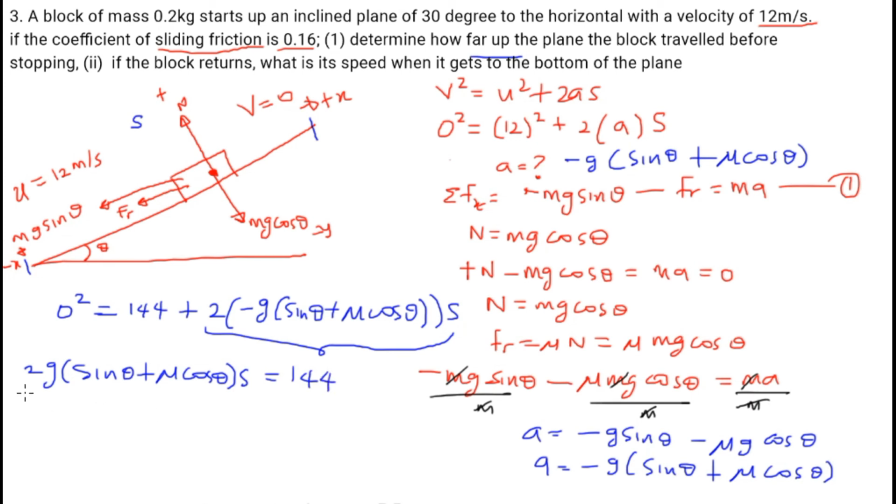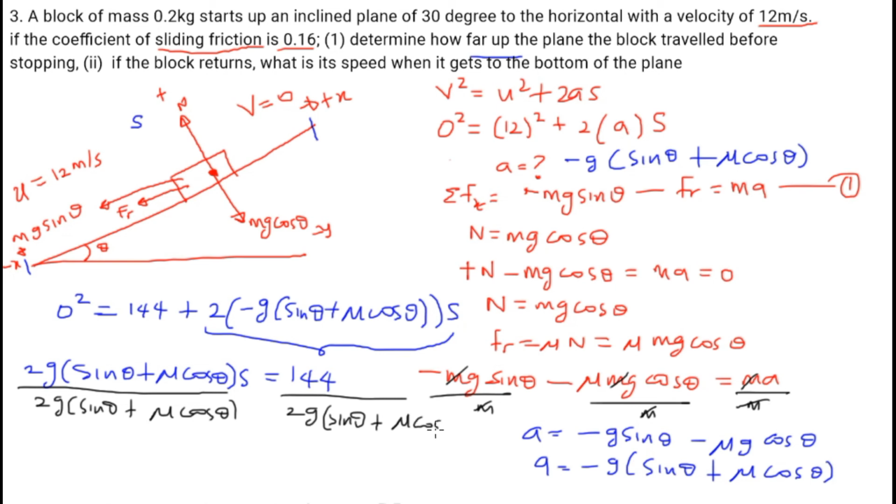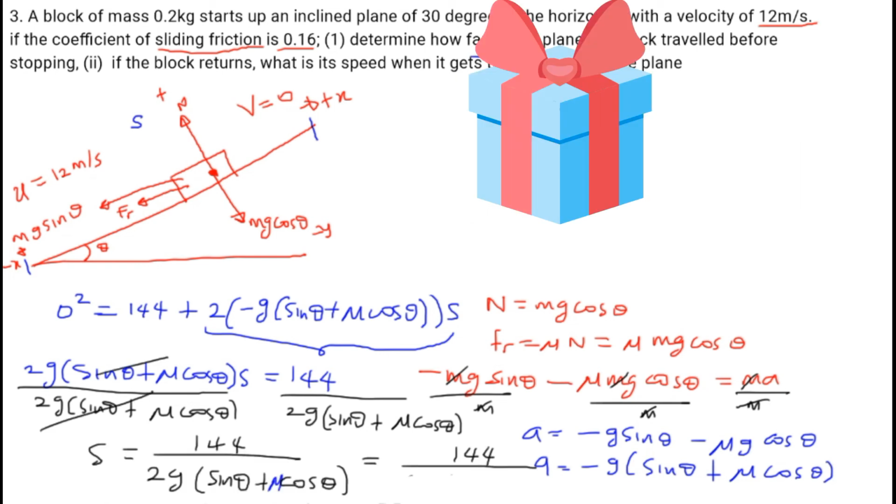Then by dividing both sides of the equation by 2g into sine of theta plus mu cosine of theta,